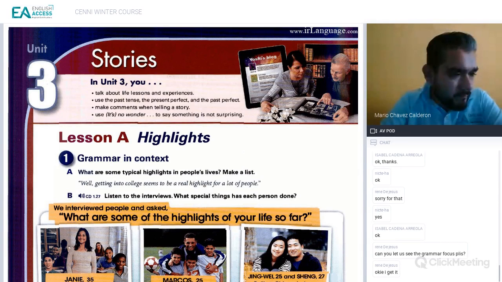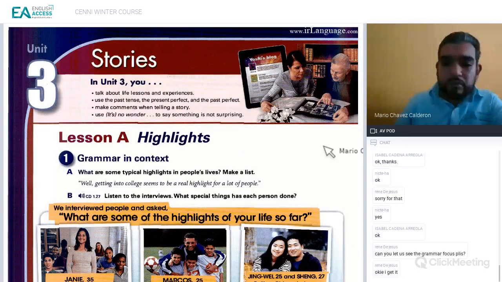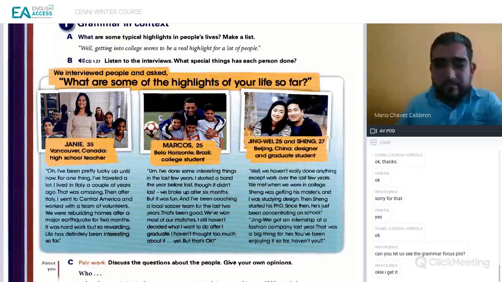As I said, in the exams, you are not required to read that much. In the Cenni 1 year, you're required to read just some lines, probably 4 or 5 lines, and in the Cenni 5 years, a very small paragraph. Okay, right here we have